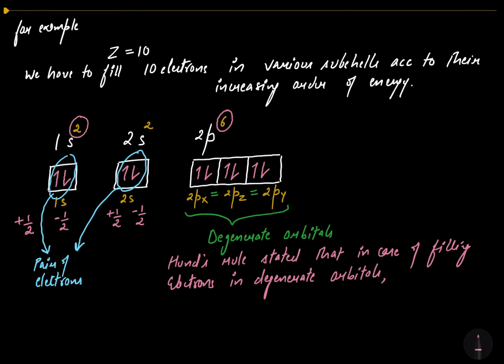After that, pairing of electrons will start, with electrons having minus half spin,